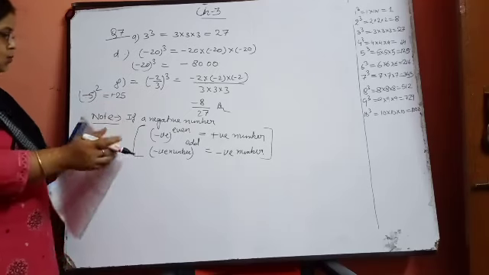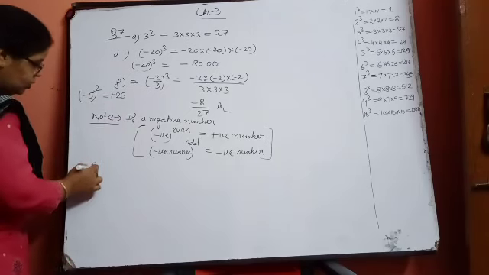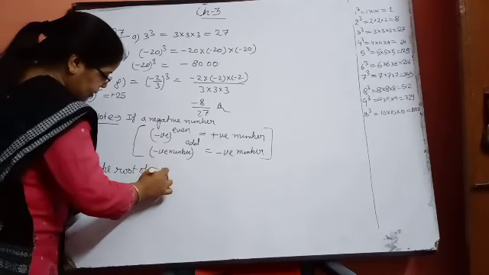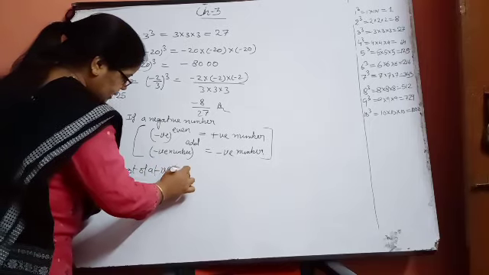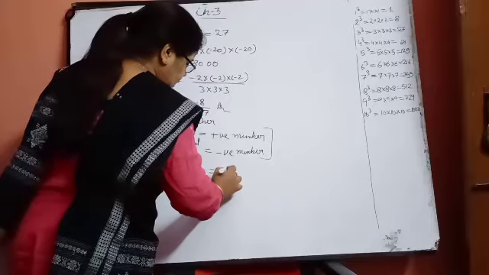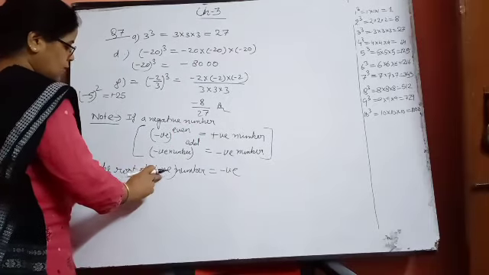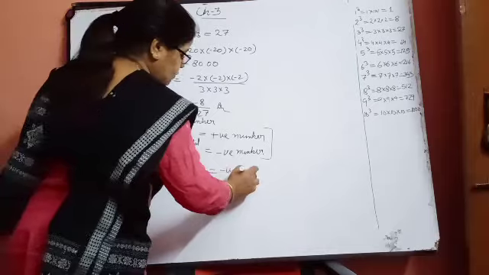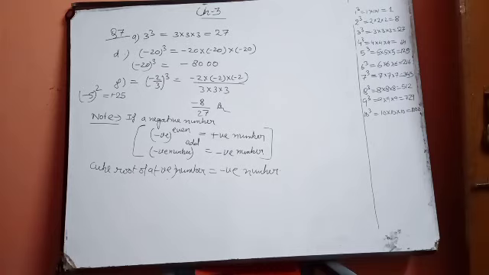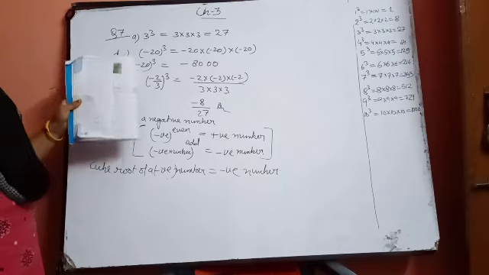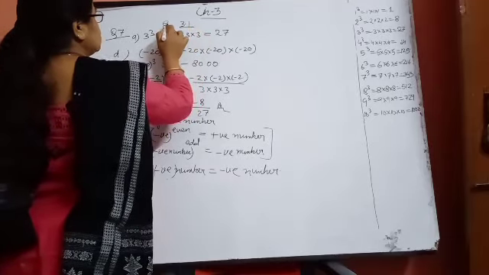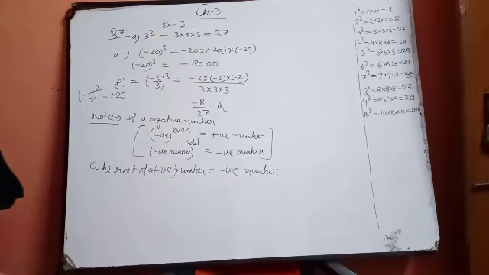Now one more thing I am writing: the cube root of a negative number. If we find the cube root of any negative number, it will be negative. The cube root of a negative number is equal to a negative number. Write all these things in your copy, where you have written the introduction part of this chapter. In this way you have to complete question number 7 also. It was the last question of exercise 3.1. Now I am moving further to exercise 3.2.